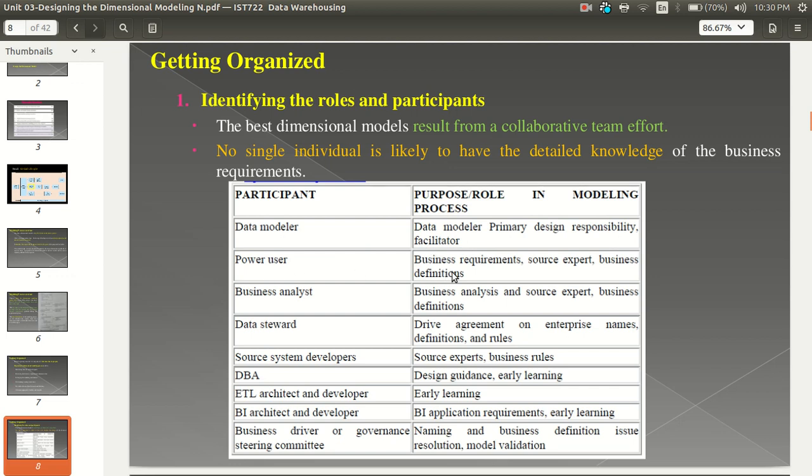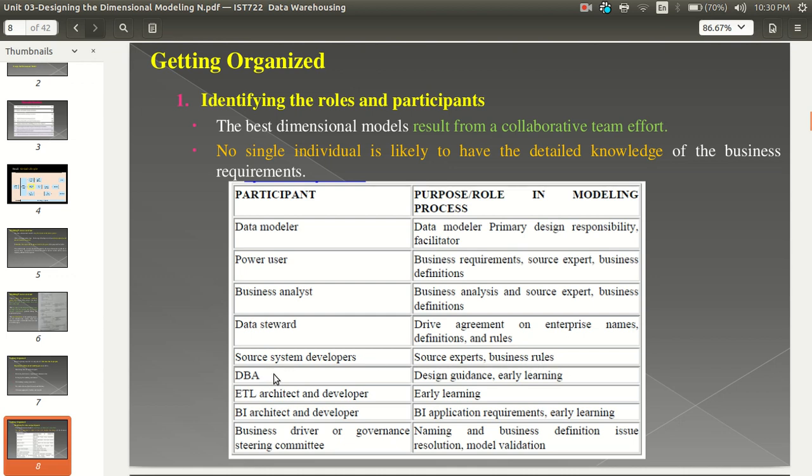Power user, its role is business requirements, source expert and business definition. Then business analyst, business analysis, source expert and business definition. Then data steward, who drives agreement on the enterprise names, definitions and rules. Then source system developers, whose role is source expert as well as business rules.